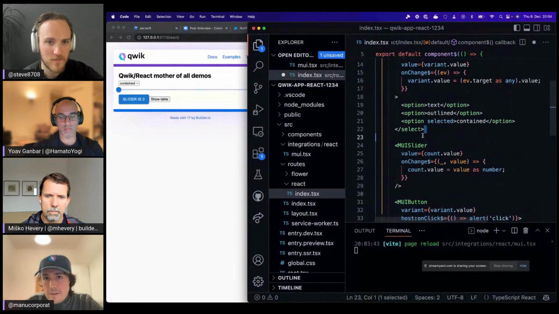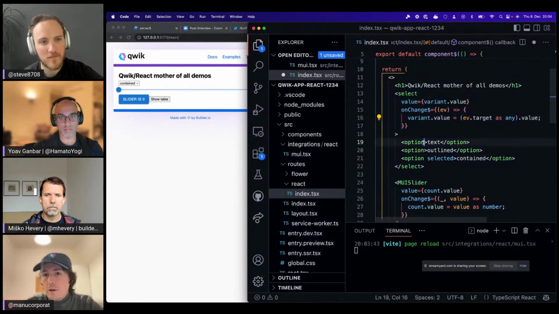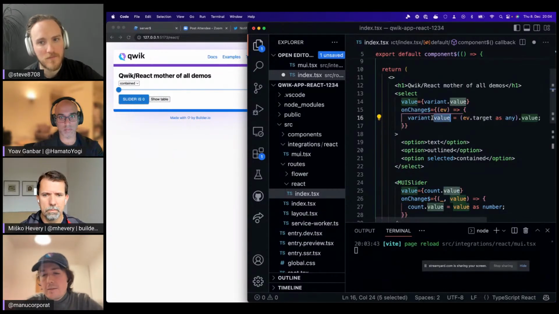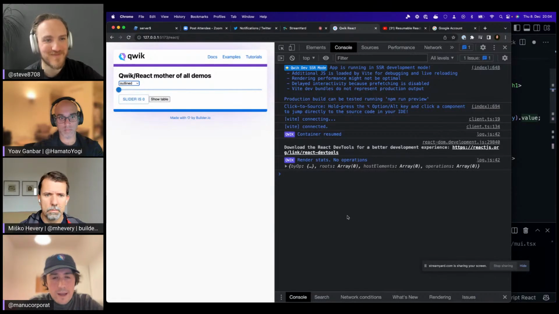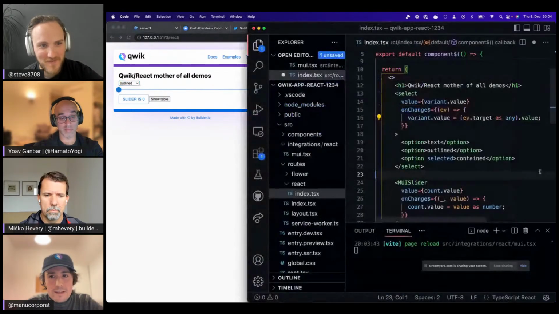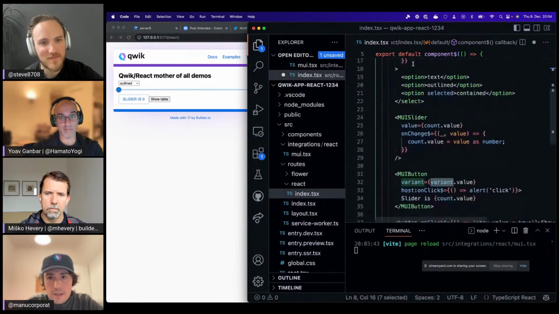Then we have this select, not Qwik, not Qwik Material UI, nothing. It's just a select, right? And what we are doing is, well, when you change it, we are just using the DOM API to change the signal. Something very interesting is going to happen. So when it changes this value, there is an interesting thing happening here. In the onChange, the signal changes, right? But because the signal changes, notice that the Material UI component depends on this signal.